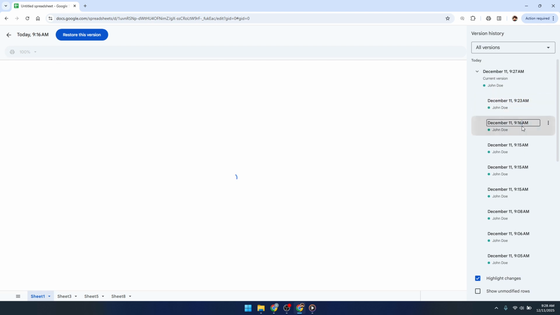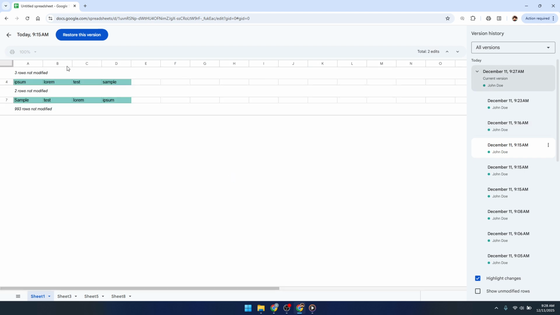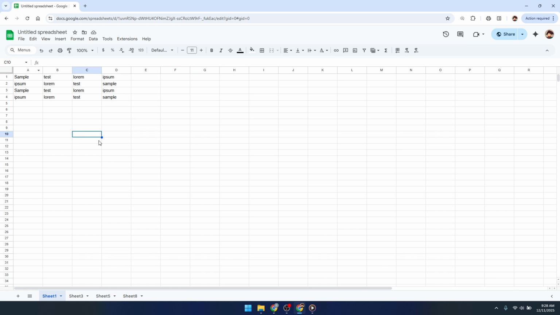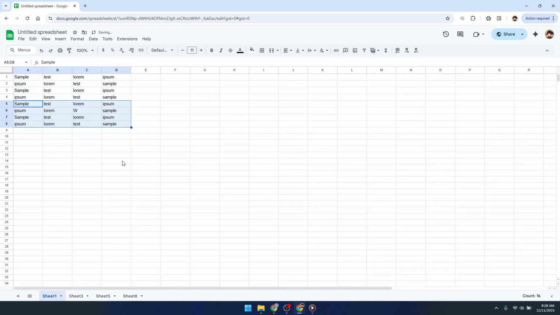Now, if you just deleted something a moment ago, there's an even faster option, the undo shortcut. On Windows or Linux, press Ctrl+Z. On a Mac, press Command+Z. This will undo your last action, which often includes deleting rows, clearing cells, or overwriting values. If you haven't done many other actions since the deletion, you can tap that shortcut multiple times to step backwards through your recent changes until the data